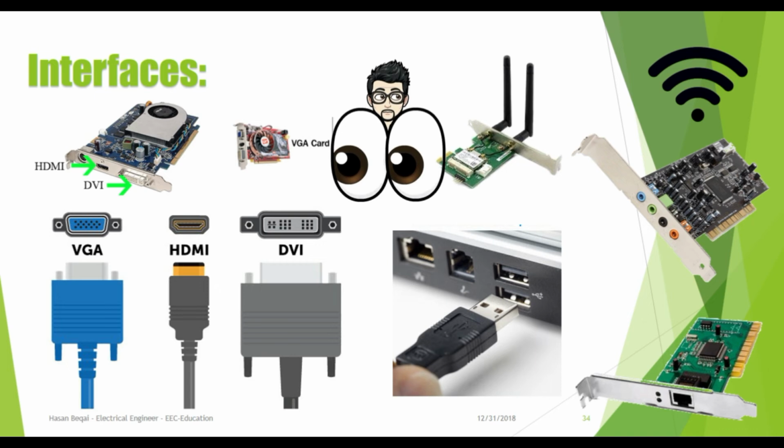Next is the graphical interface. It is almost certain that the connection between your monitor and your PC is done using one of three cables, either VGA, HDMI, or DVI. Note that VGA, or Video Graphics Array, and DVI, Digital Visual Interface, do not support audio. However, HDMI, or High Definition Multimedia Interface, supports audio and better resolution.